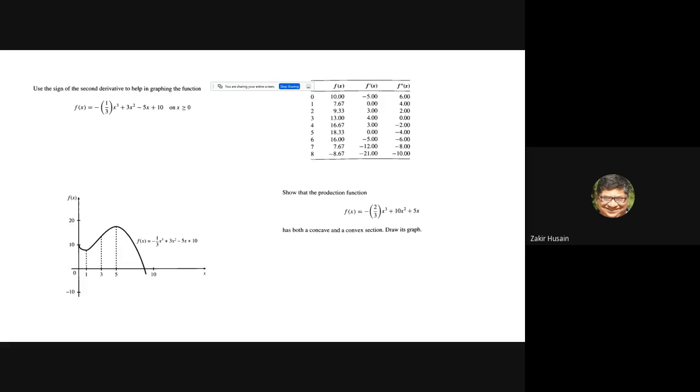Now, you can see this function. So what you have to do, take the first derivative,